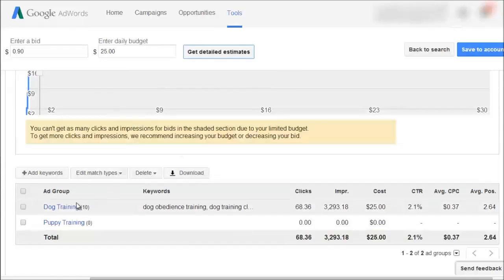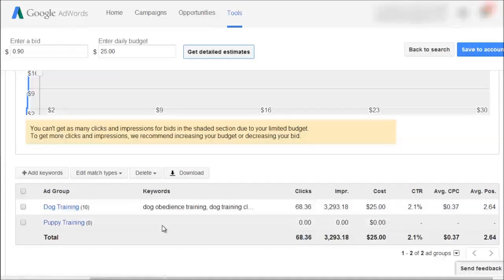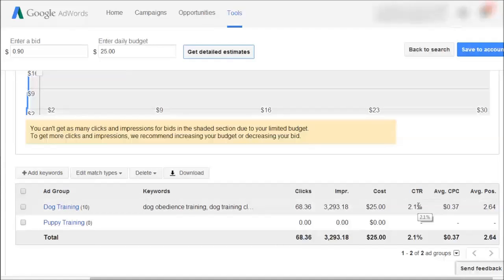Now this is the ad group as a whole. As we go down here, you can actually see more details, such as the CTR, which is the click-through rate. So for example, if you have 100 people come to the ad and then 2.1 or 2 people click it, then that would be about 2% CTR. Now if we click here,